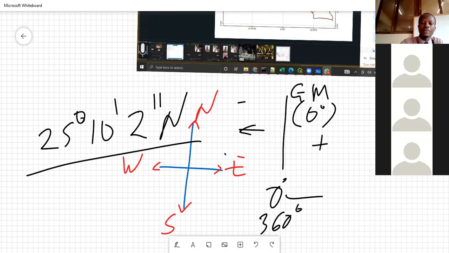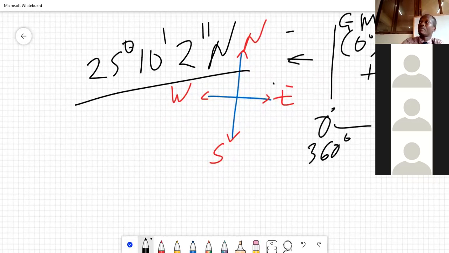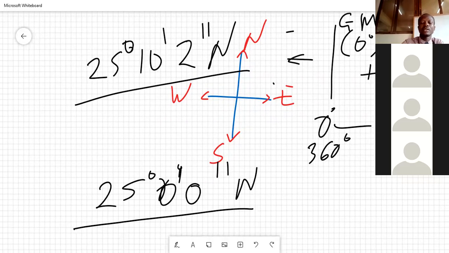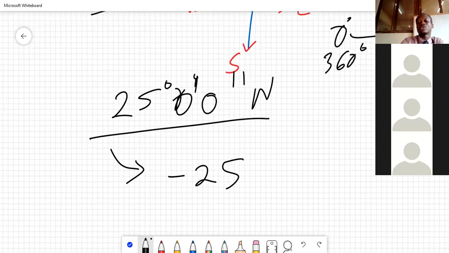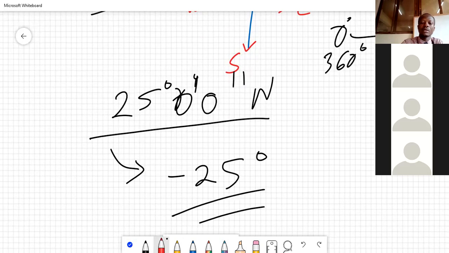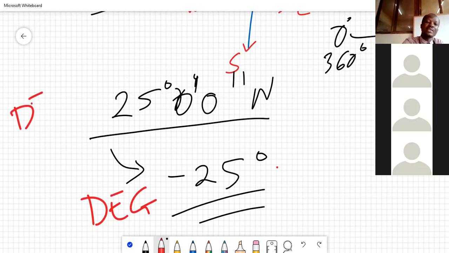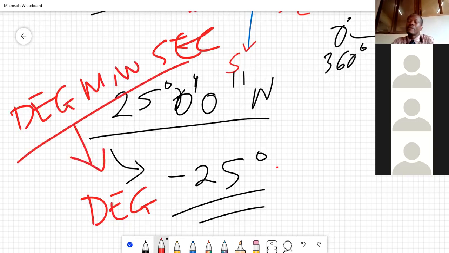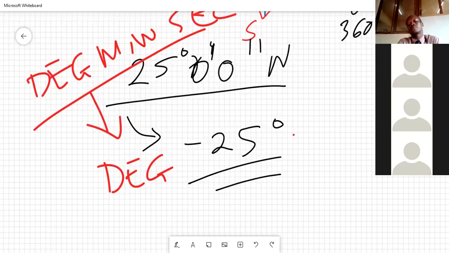I think this is something we dealt with in theory. In practice, what you are seeing in class is that we have a map and we have, say, 25 degrees, 0 minutes, and 0 seconds. I am saying that this is the equivalent of just saying 25. So this is degrees, and this is degrees, minutes, seconds. It's just like saying 25.5 meters or saying 25 meters, 50 centimeters. You see that they're the same thing, right? Please, if you have a question, ask it, you have to flow with me. Are you okay with what I'm saying? Yes, sir. Great. So you can sit down after this class if you don't